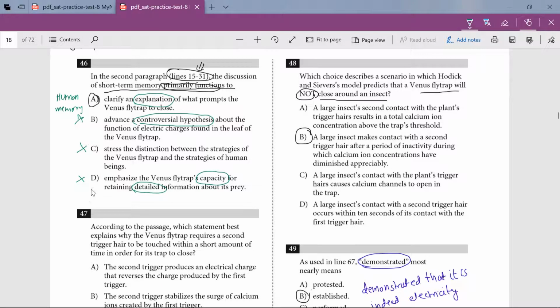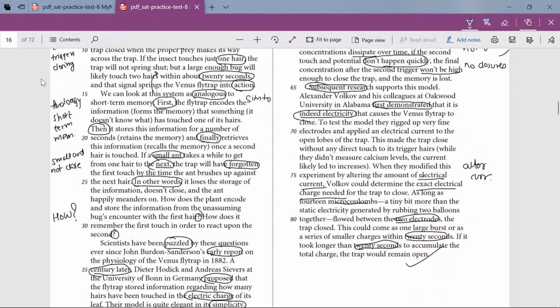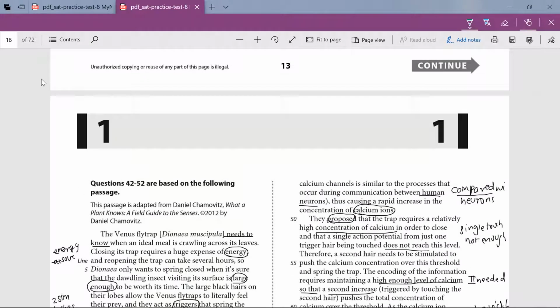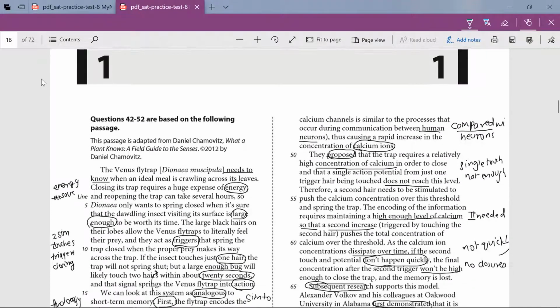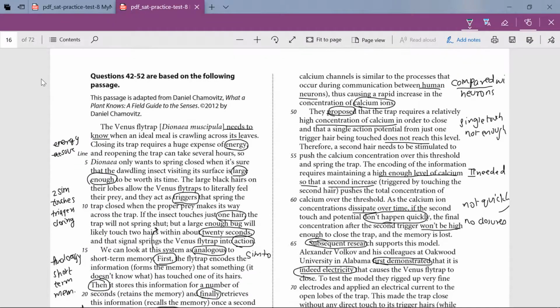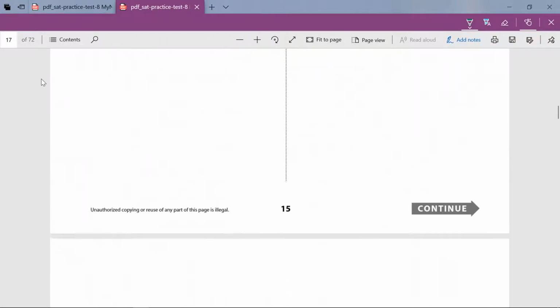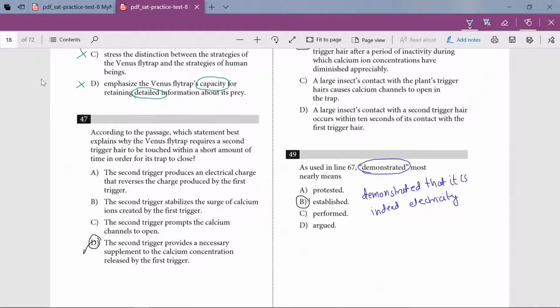Eliminating the rest of them was quite easy because we were going with some kind of anticipation. So this is something very important. Whenever you do the questions, read the question first, go back to the passage, research it, find out what could be the right things, like going back to 15 to 31, reading that, and then anticipating and answering the questions. Let's do one more question quickly here. Like question number 67. What is the meaning of